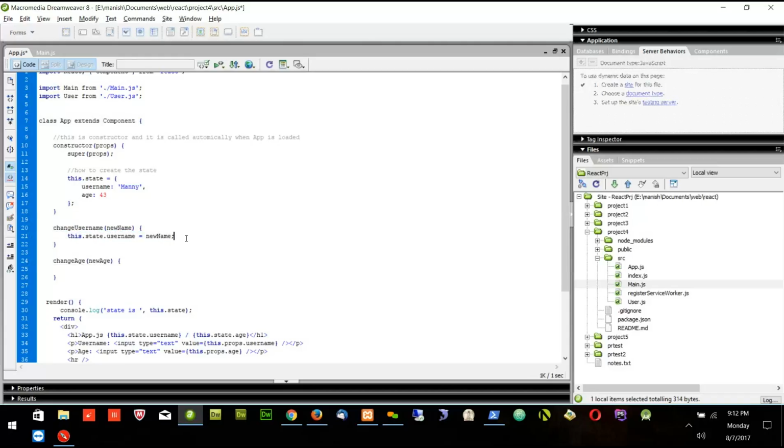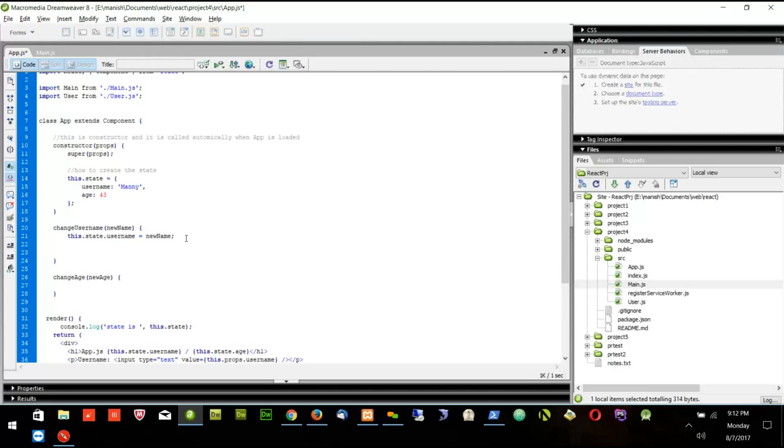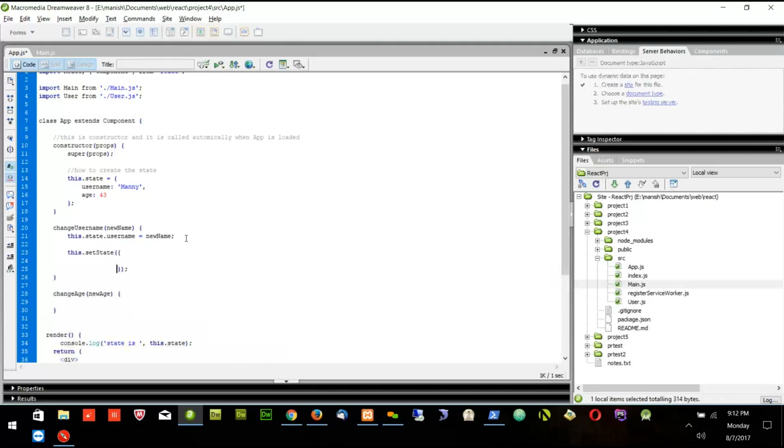To update the state value, we have to use a function, and that function is like this: this.setState, and I put round brackets, and inside those round brackets, I will create curly brackets, and here in the curly brackets, I will update whatever key I want to update. So for example, here I want to update the username. So I can say username